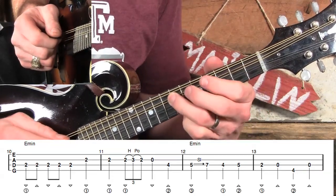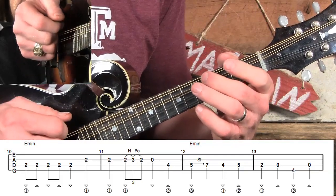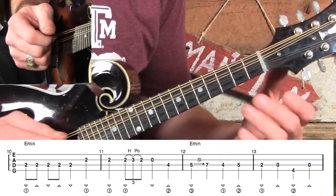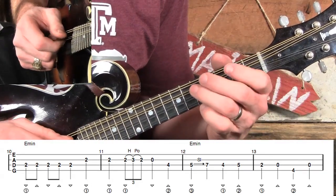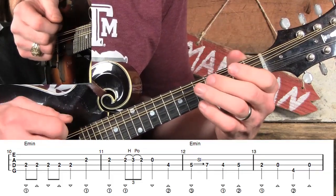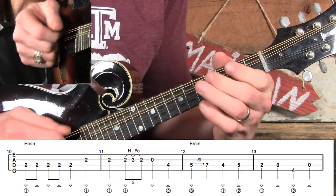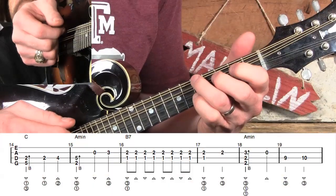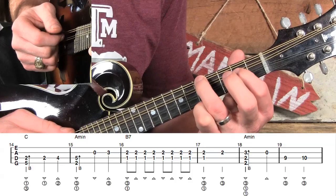1 and 2 and 3 and 4 and 1 and 2 and 3 and 4 and... Notice that I'm keeping those notes going all the way up till I pick the next note. I wouldn't want to do this. Okay, we don't want to do that. Very smooth. Measure 14, we've got this 5th fret down here on the G string, 2nd fret on the D string,